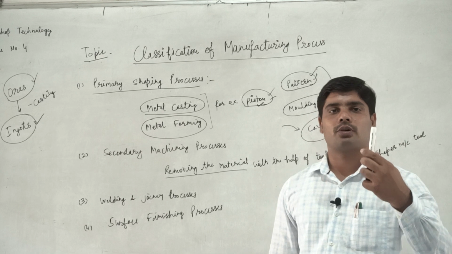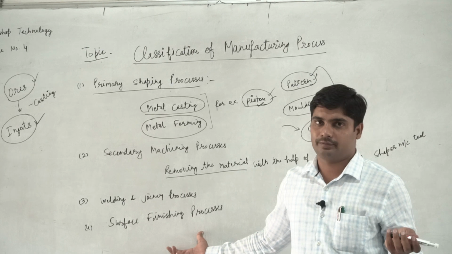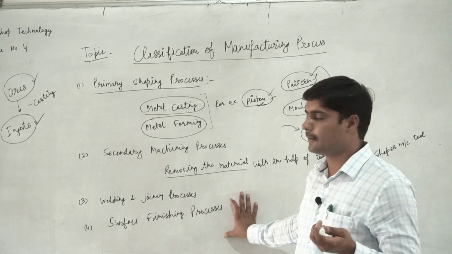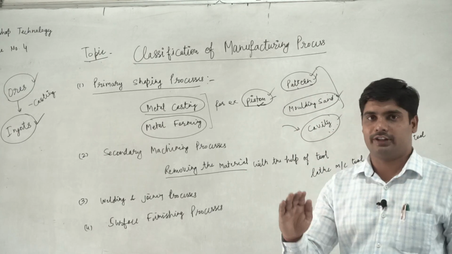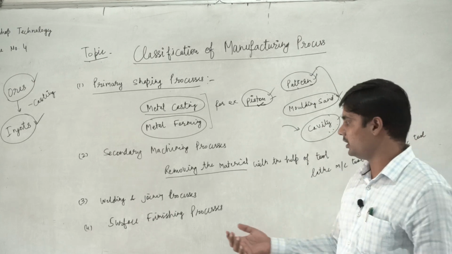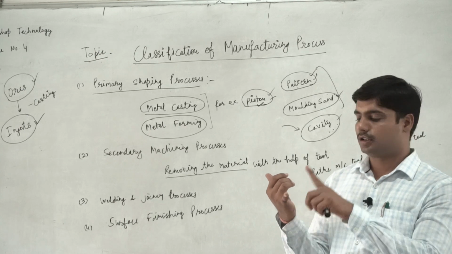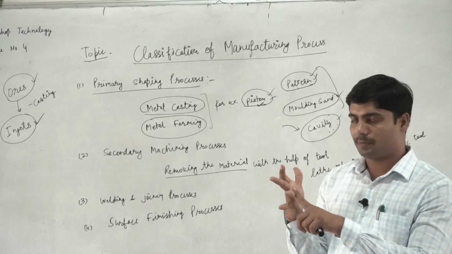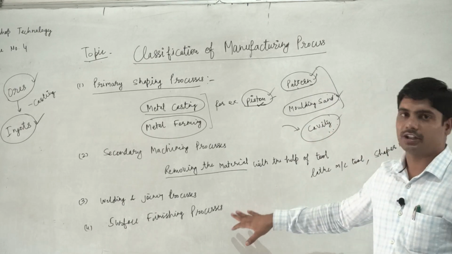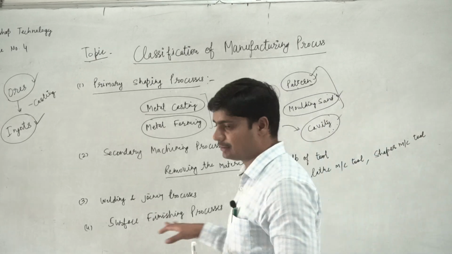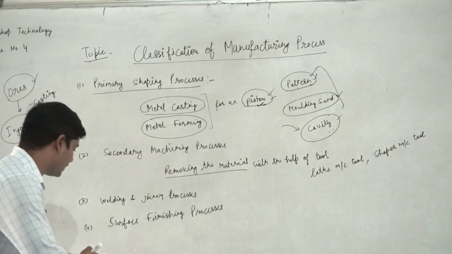If the part or product is rough, then it is very odd. It cannot be used in a good way. So if we want to use it in a good way, then we have to convert it into a shiny and smooth surface. So that shiny and smooth surface is being done with the help of surface finishing processes like electroplating, chemical processes, painting, rubbing, grinding. These all are covered into the fourth classification, surface finishing processes. But still there is something lacking. What is lacking? This is covered into the final and our last classification,